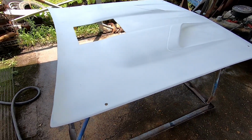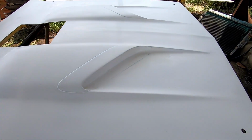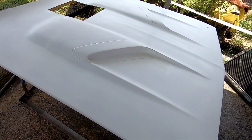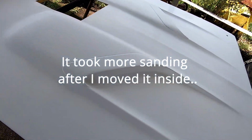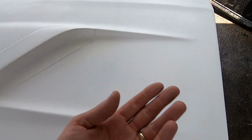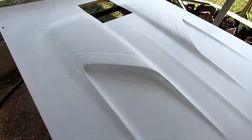Here's our hood after it is all dried up real nicely. So I final sanded this with 400 after I did my 220 blocking, and I knocked off all the little black. And just sitting in this spot right here, it's already getting dusty and funky outside. So I got to get it moved in the shop,